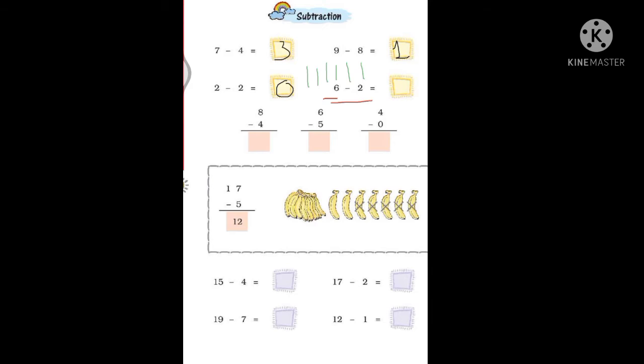Now from this 6 how many we have to subtract? 2. So from these 6 sticks, 2 sticks I am cutting. So here 1 cut, 2 cuts. So I have cut 2 sticks. Now after cutting 2 sticks, still how many remaining, students? So let's count it here. 1, 2, 3, 4. How many remaining? 4 sticks. So if we are doing 6 minus 2, we get answer 4. So here you have to write down answer 4 in the box.